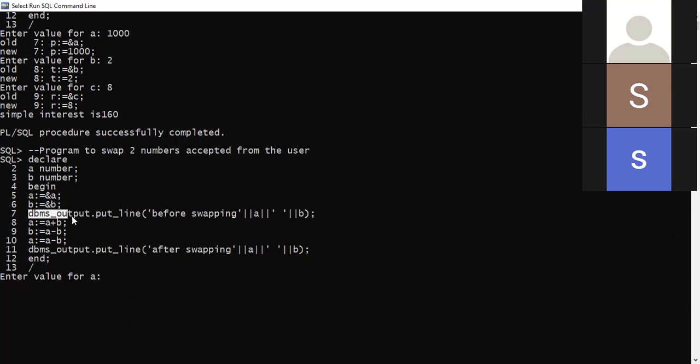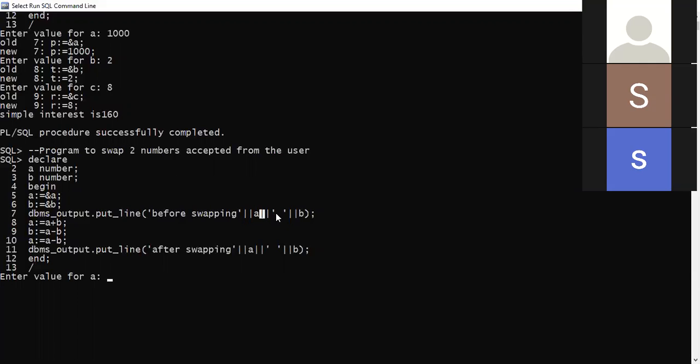And then first I am printing the values of A and B before swapping. See how I have done the concatenation. dbms_output.put_line. Inside that, in single quotes, I'll be printing the message "before swapping". Then the value of A will be here with the concatenation operator.